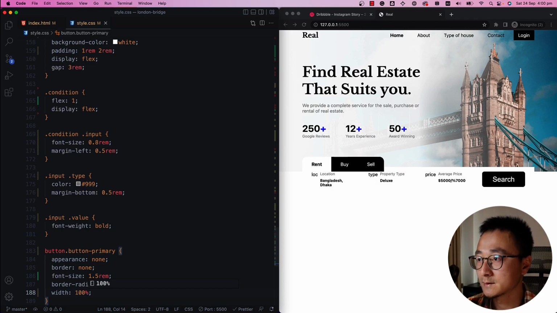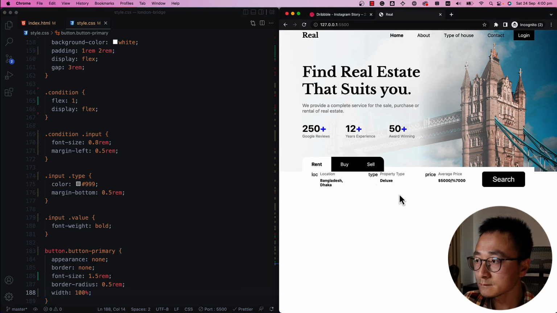Okay, that looks pretty cool. We also noticed that the whole area kind of overlaps with the rent, buy, and sell tabs, but we will address that later on. Let's move on to fix the